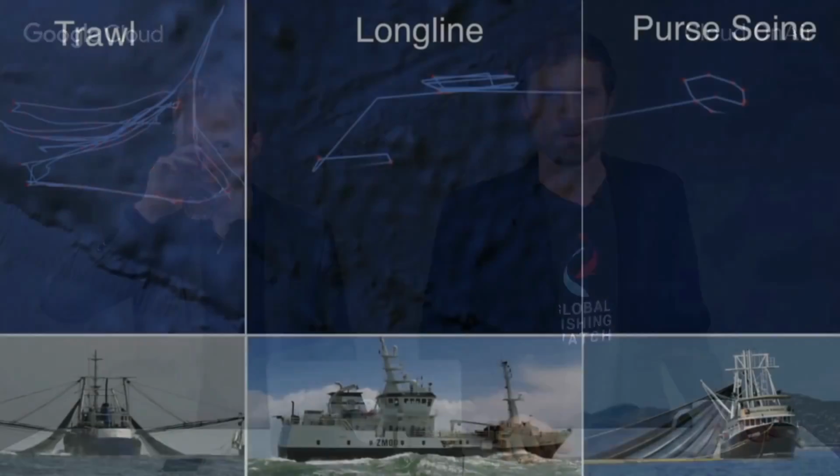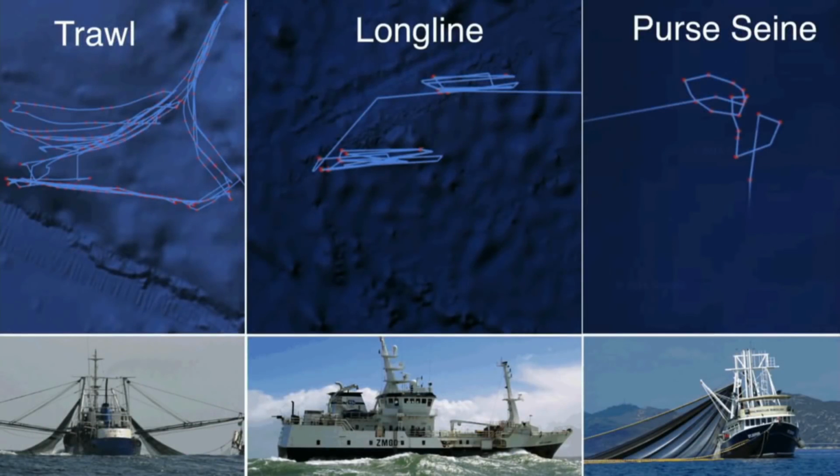In AIS messages, boats broadcast their name and call sign. We've been able to take these messages and match them up to official registries to figure out what type of boat slightly more than 50,000 of these almost 300,000 vessels are. That tells us, say, whether it's a tugboat, whether it's a trawler, and so forth. So we have this large training data, and then we have to be able to infer what the other vessels are. Fortunately, boats have very different patterns of how they move in the ocean depending on what type of vessel